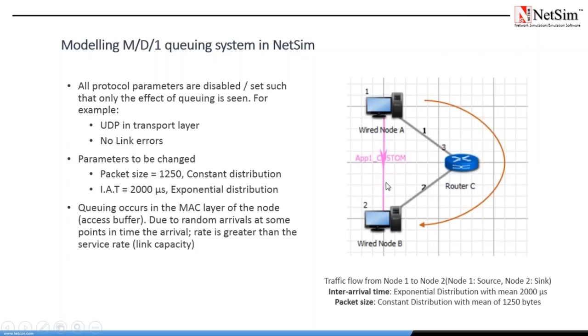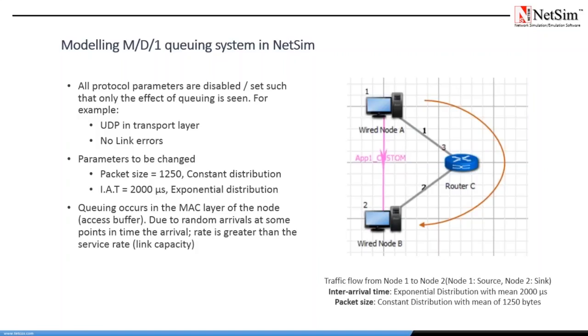So how do you model an M/D/1 queuing system in NetSim? The first thing that we do is we set up a small network like what is shown, with 2 wired nodes connected to a router, and then we generate traffic going from wired node 1 to wired node 2. And again, I just like to reiterate that NetSim can be used for simulating a variety of complex wired, wireless, sensor, mobile networks, etc. And here is just a small example to show how simple an M/D/1 queuing system can be